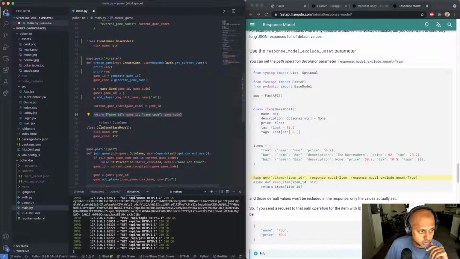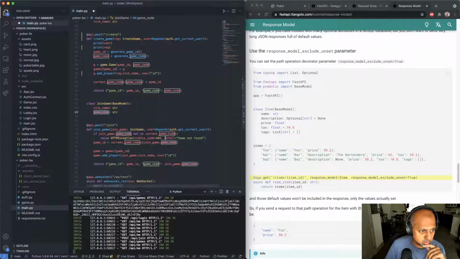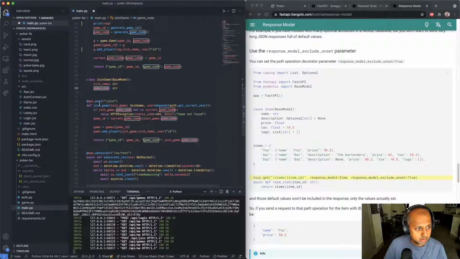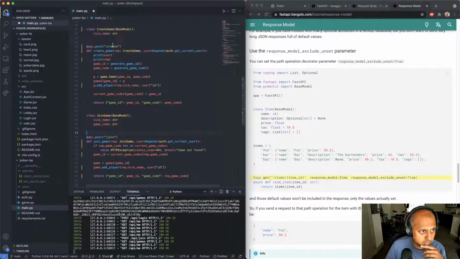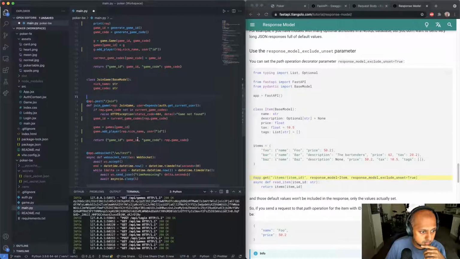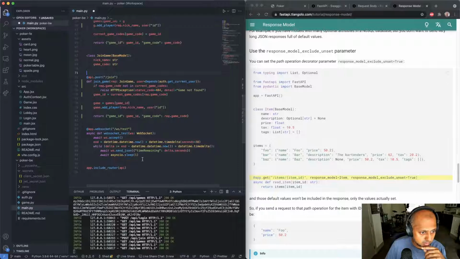Then we have a join game, which also gets a nickname, a game code, and a string. So again, we want to change this to the request. So we can just type REQ here. Yeah, this is looking cleaner now. So we have a create game, we have a join game, and we have this old